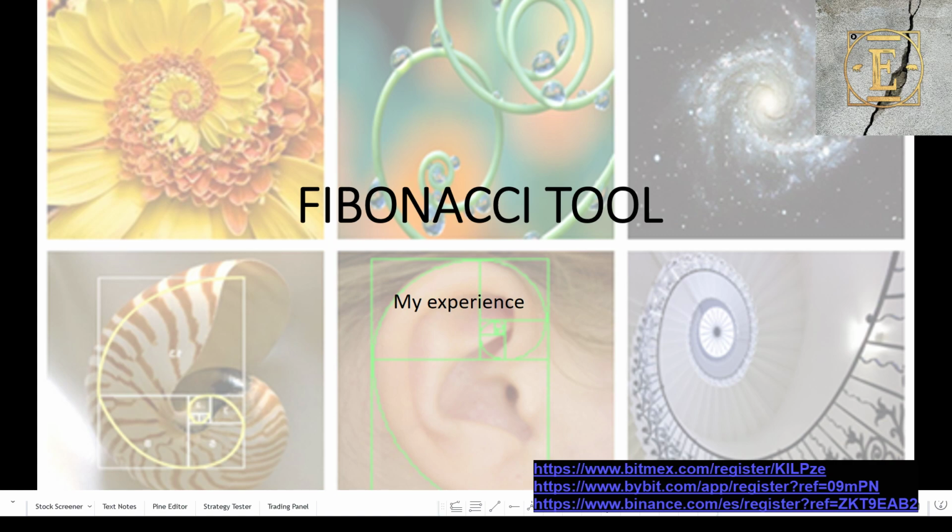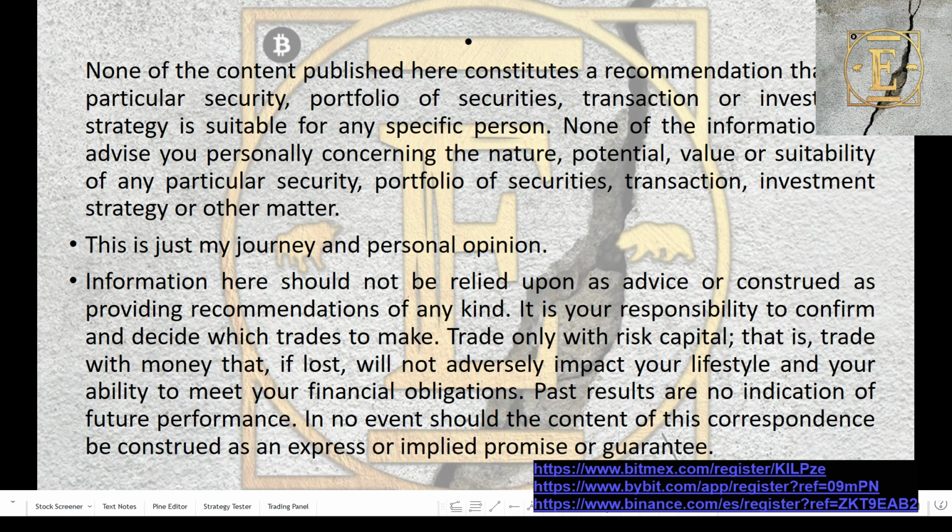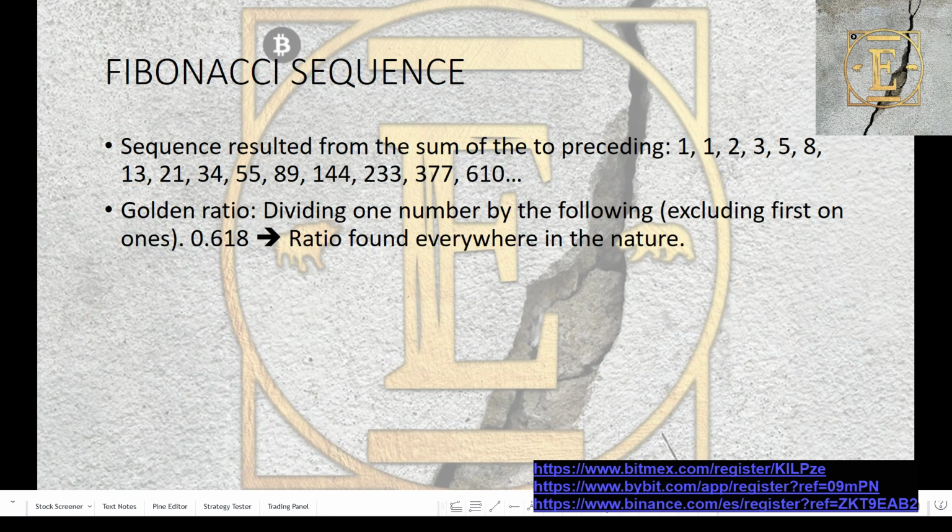So okay, I was speaking alone. Awesome. So, Fibonacci tool and my experience. Okay, so this is the first disclaimer. It's just my opinion, just my experience. I'm doing good, but you need to study and form your own opinion. Okay, so the Fibonacci tool is based,